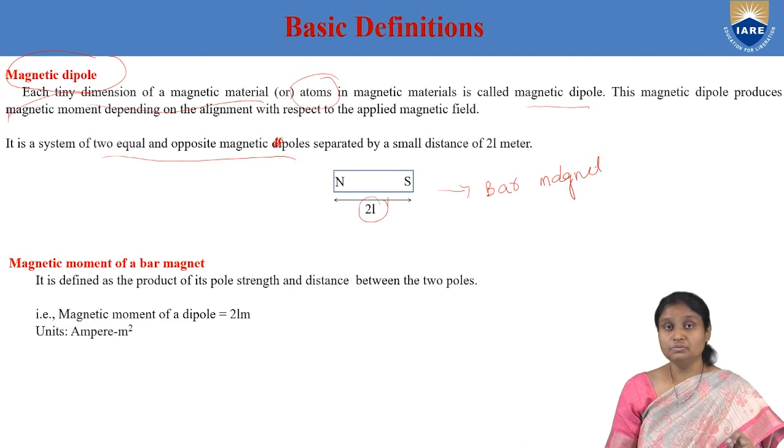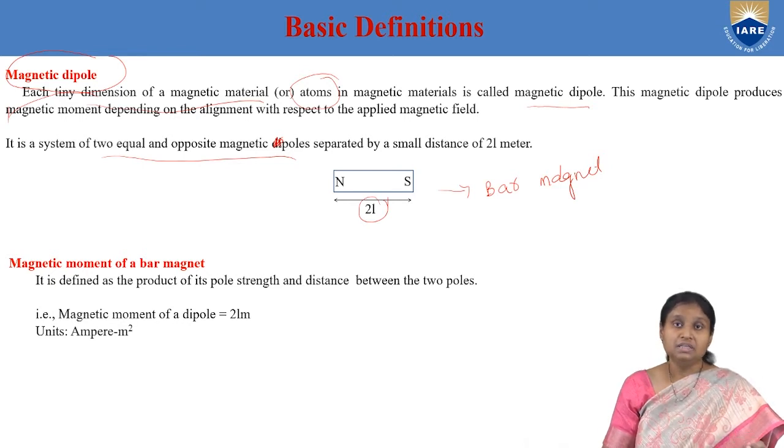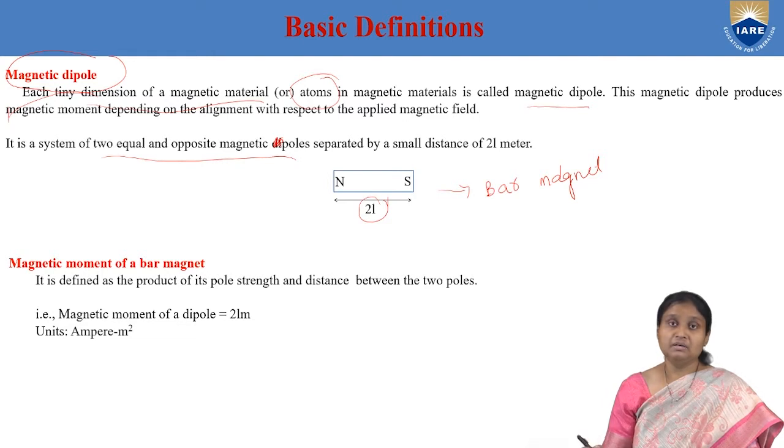But what we are going to see here is, when we get all those atoms together, the magnetic moment vectors of all these atoms will be oriented in different directions. So depending upon the alignment, whether we have parallel alignment, anti-parallel alignment, or there is no spin alignment, based on that the magnetic behavior, or we can say the magnetism, of different magnetic materials is going to change.